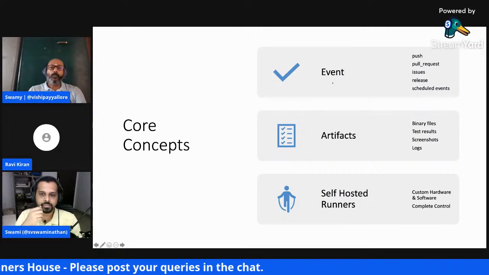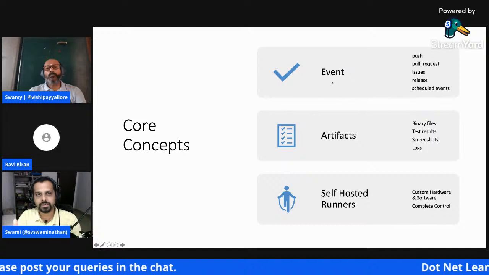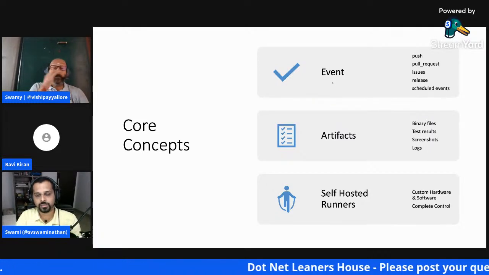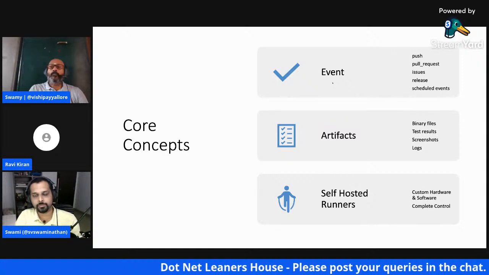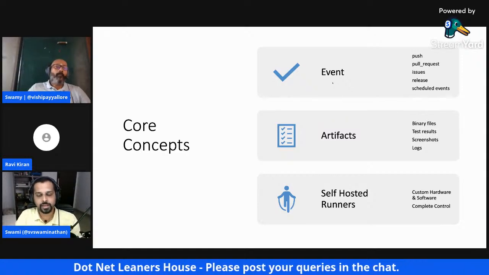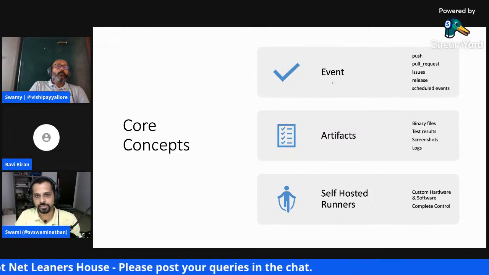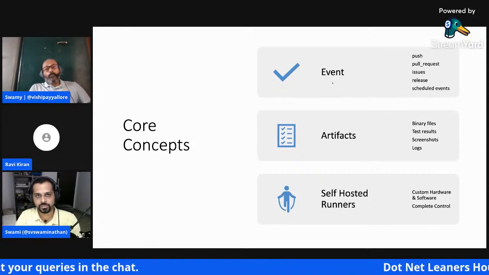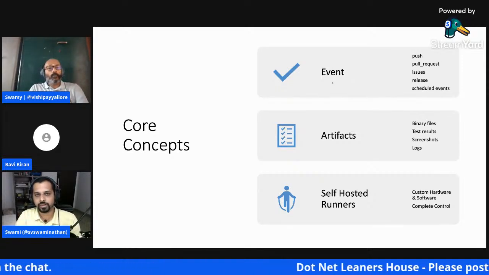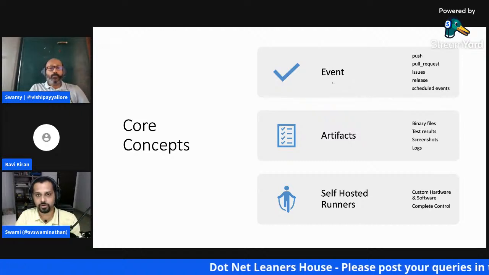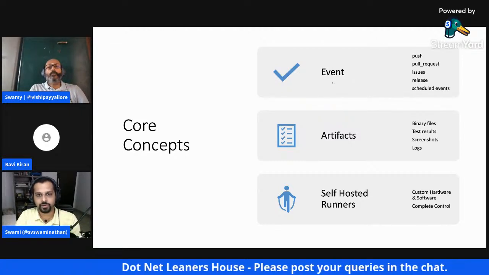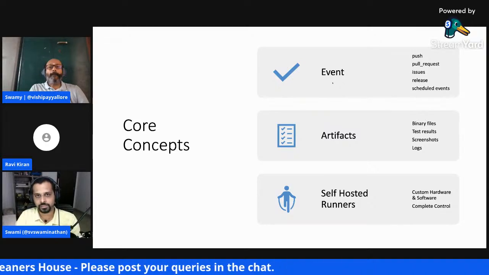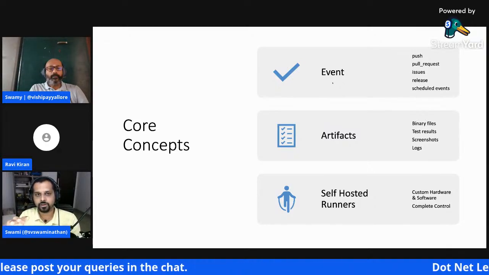Like I said, since it's a workflow automation, what would be the trigger for that particular workflow? That's what is an event, right? What qualifies as an event in the GitHub space, since we're dealing at the repository level, are repository events, like somebody pushing code to a branch, creating a pull request, or creating an issue. For example, with an issue triaging workflow automation, whenever some issue is created, maybe you can notify your maintainers, or also triage your issues, etc. So all of these are different sorts of events.